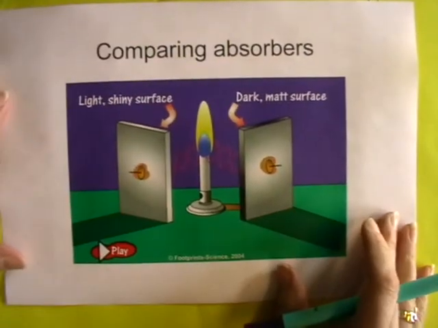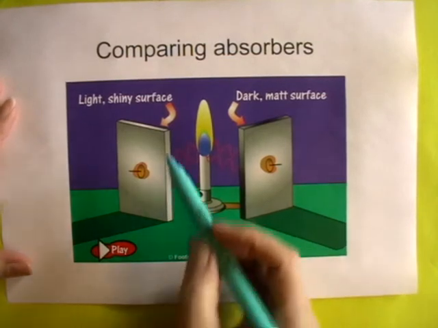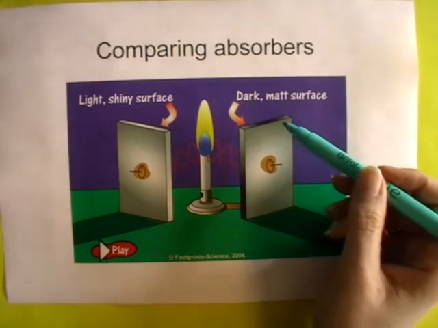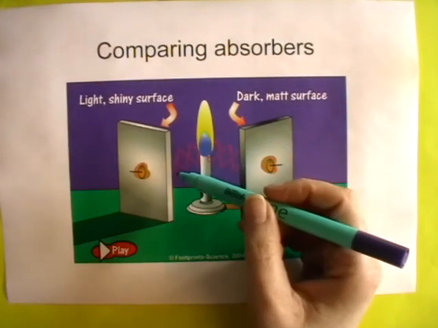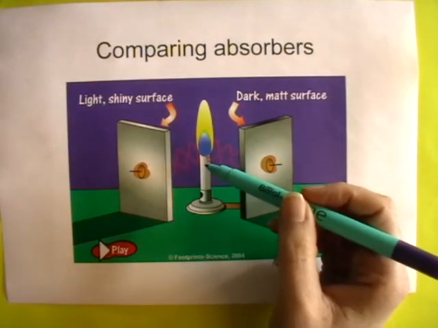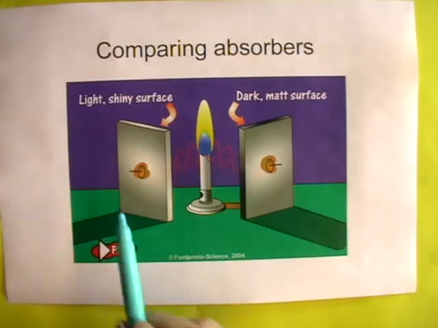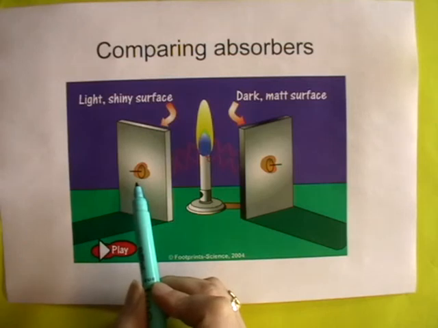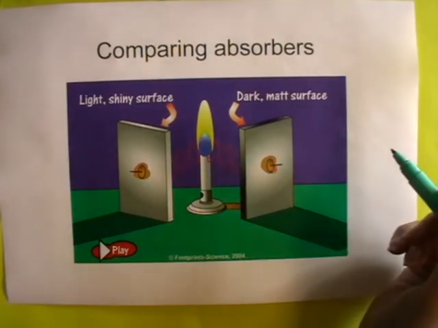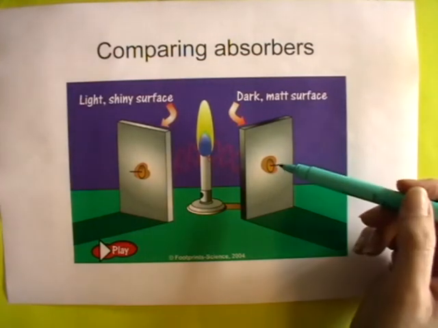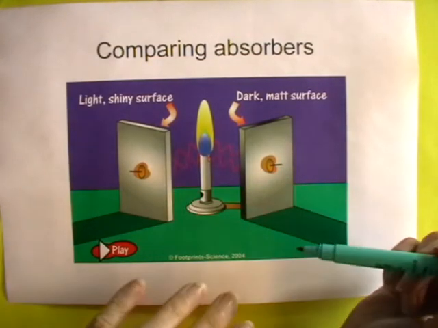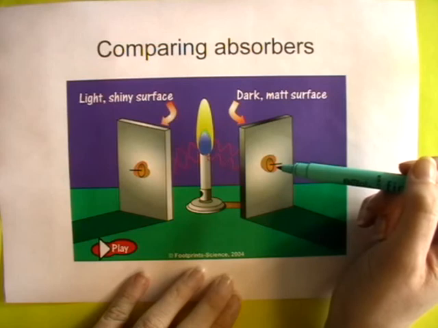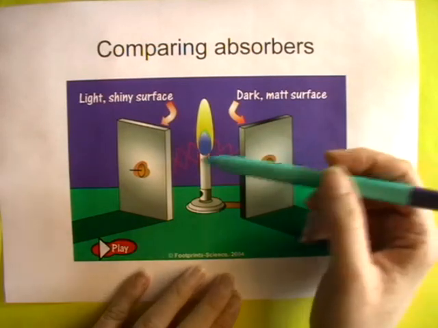Similarly, we did an experiment to compare absorbers. The inside surface of each of the sheets was placed beside a Bunsen burner. One was painted a dark matte colour, the other was a light, shiny, polished surface. Both were set at the same distance from the heat source, and they had a drawing pin stuck on the outside with either wax or, in some cases, Vaseline. The Bunsen burner was lit, and we compared the time it took for the drawing pin to fall off each of the sheets, and we would find that the drawing pin fell off the surface with the dark matte surface most quickly, and the one that had the light